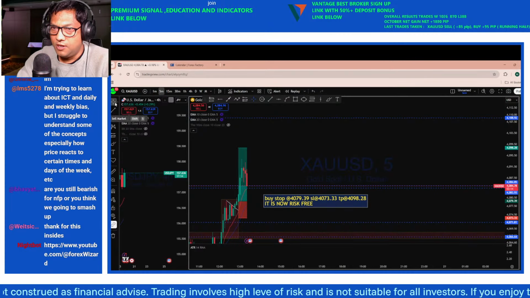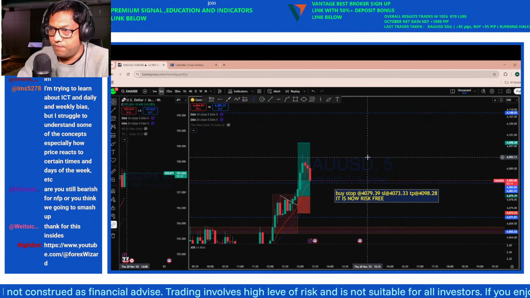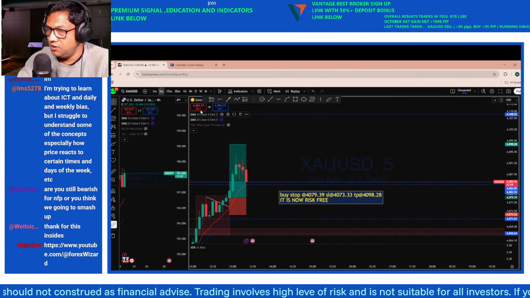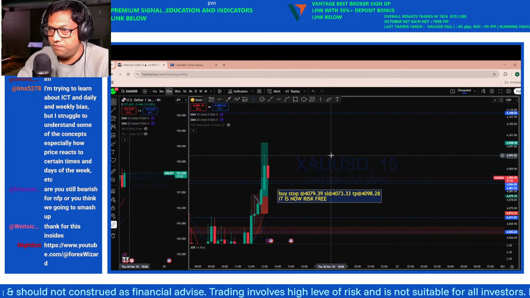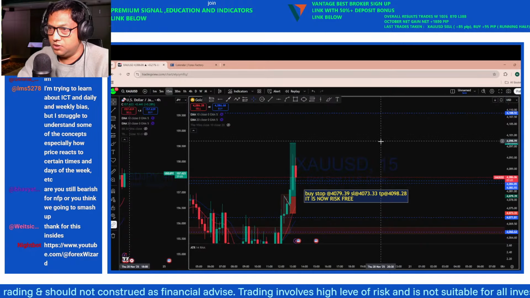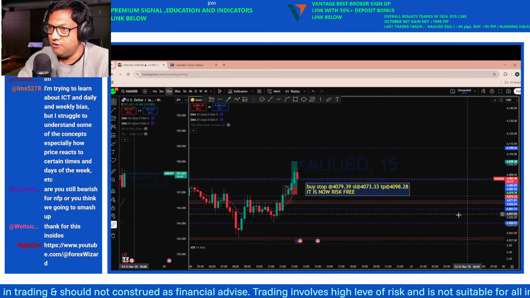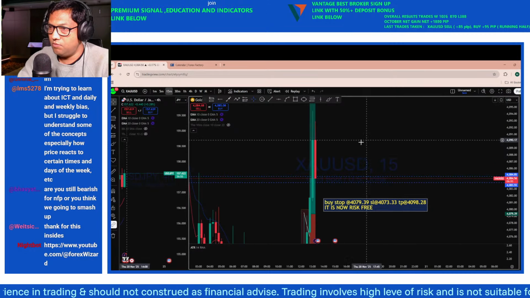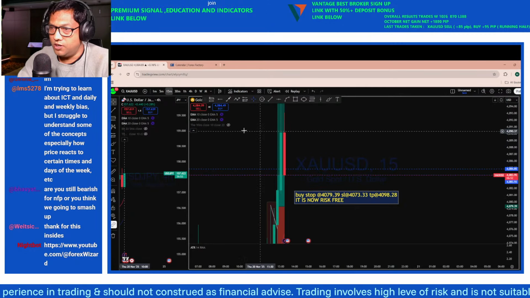Now, as we have 8 minutes for this candle to close from the 15 minutes perspective, there is also stronger bullish price action here. Now, if it is closer to our entry,